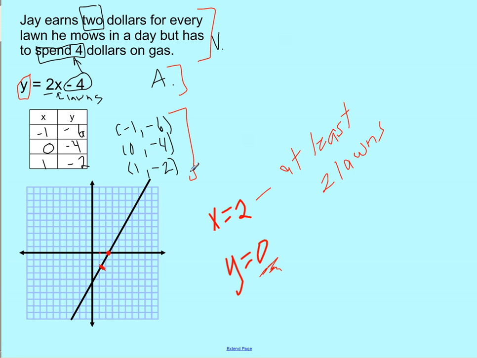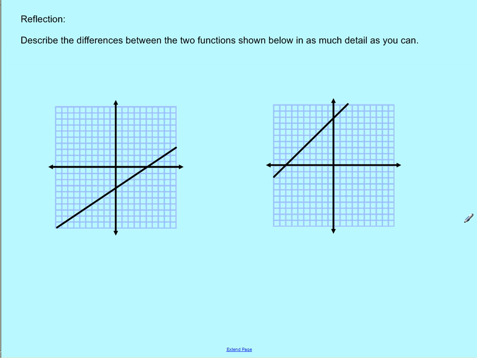So as we move on through this function unit, we're sometimes going to be using verbal description, sometimes using graphical description, sometimes using the other two. And we're going to be trying to figure out what representation of a function is best for whatever job I'm trying to do. Okay? For your reflection question, I want you to simply describe in words what's different about these